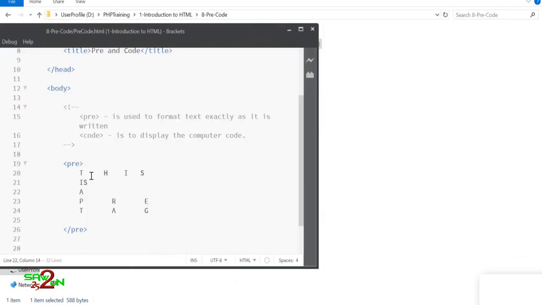Okay, I want the browser to consider my spaces and new lines and print them as they are. That's what the pre tag does.